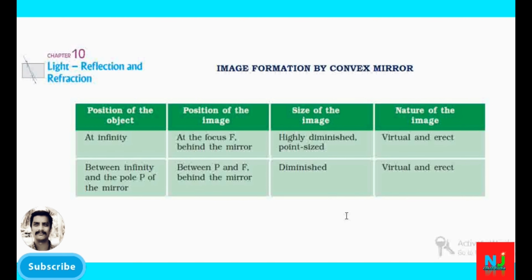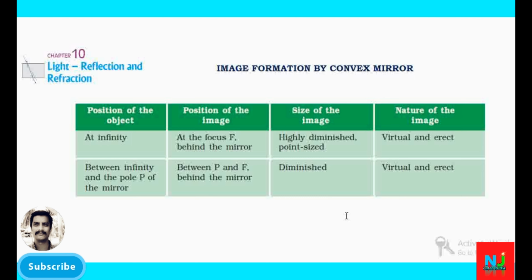Now we use the convex mirror. In the case of the convex mirror, we have to follow two important conditions. Remember, a convex mirror always produces a virtual image. At any point on the principal axis, if you keep the object, the image is always virtual and erect. Erect means the image is in the same direction as the object. If the object is in the upward direction, the image is also upward. If the object is in the downward direction, the image is formed in the downward direction. But remember, the image cannot be seen on the screen, therefore it is always virtual.